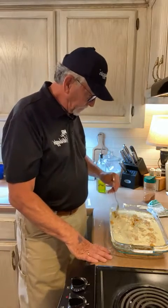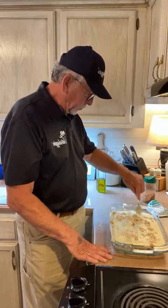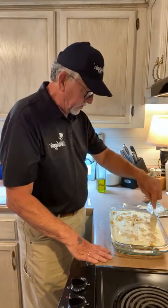Now, without messing up your layers, just kind of push some holes into all the mixture here so that milk and...